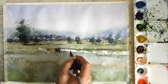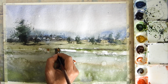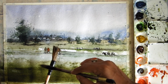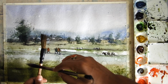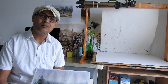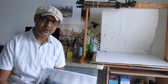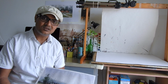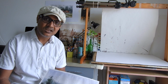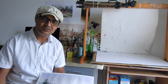Not only this subject, but even after taking this class you will be learning the various aspects of the fundamentals of making landscape in watercolor. So you will have a fantastic time going through this watercolor class, and I'm sure after this class you will be equipped with a lot of skill where you can make your own watercolor landscape, however you want. The important part is learning the fundamentals and the basic aspects of